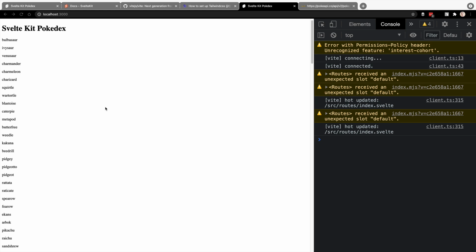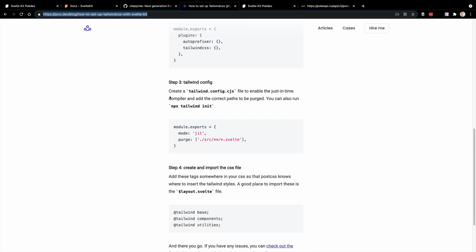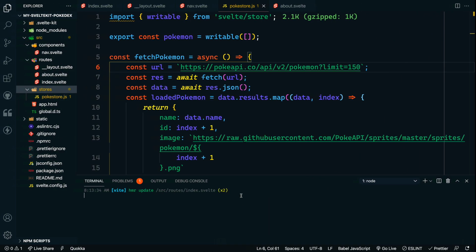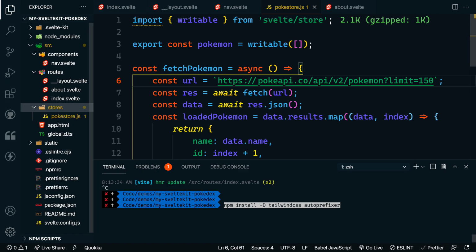All right, let's start to think a little bit about how we style this thing. And we're going to do that using Tailwind CSS. Now, I found this article that I will leave a link to below. And it's a pretty easy setup, and it's very similar, honestly, to the setup you would use on a different platform. So we're going to install Tailwind CSS and Auto Prefixer. So let's close out our running app, and then let's paste in this command, which will install Tailwind and Auto